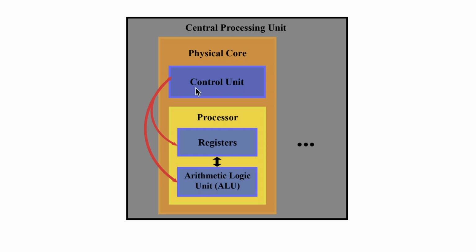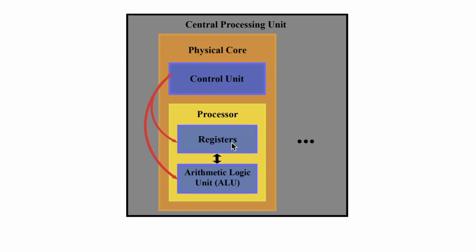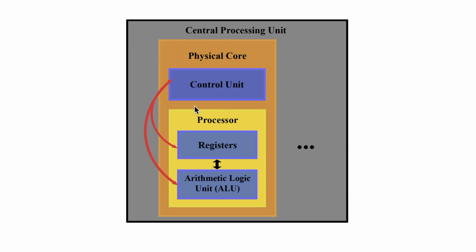This control unit is going to tell the registers which data from memory to put into the registers, and it is also going to tell the arithmetic logic unit which registers to use, which settings to use, and it is going to provide the instructions to the ALU. The ALU is going to run all the instructions. It is going to use the data that's in the registers, and it is going to perform all the computations,